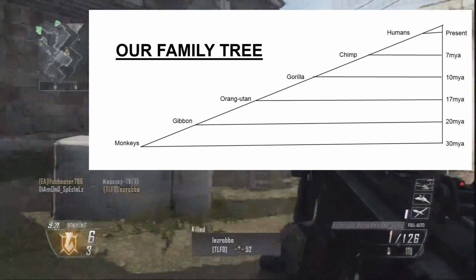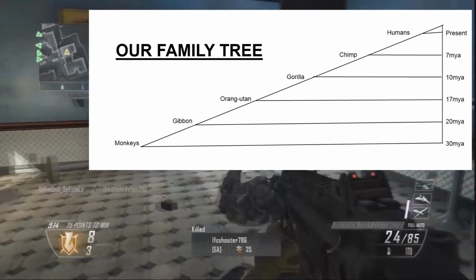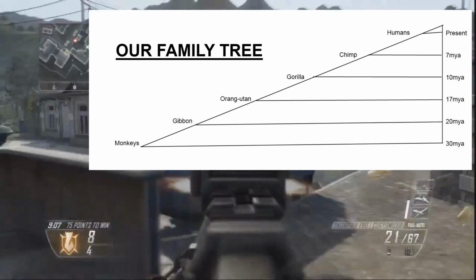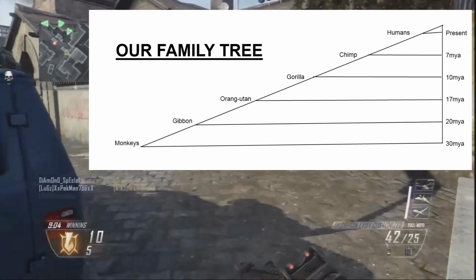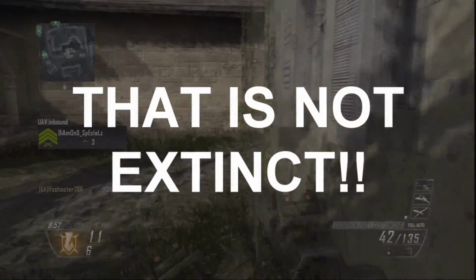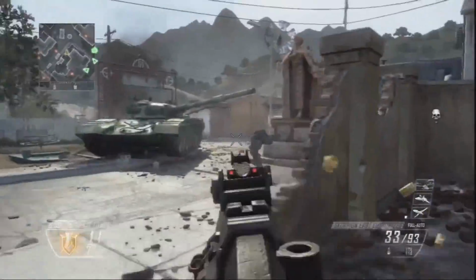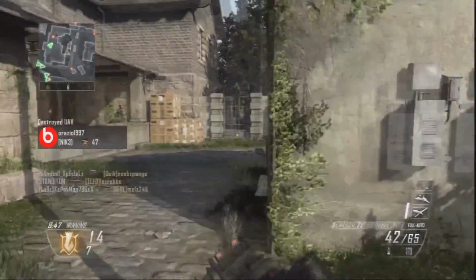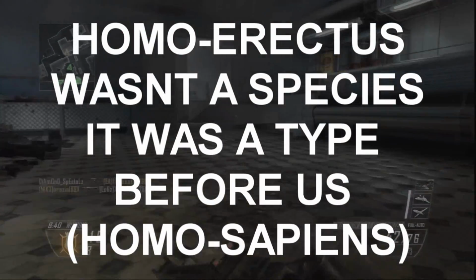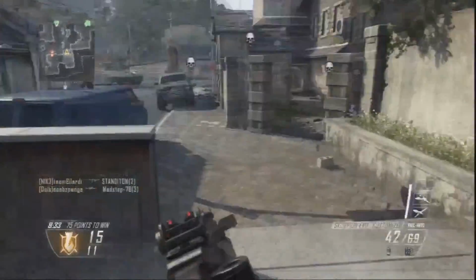30 million years ago there was a split between the monkeys and what is now us. Then 20 million years ago, there's a split again where the gibbon goes off. 17 million years ago the orangutan goes off. 10 million years, the gorilla. 7 million years, the chimp. And then it's us. So our closest ancestor is the chimp. And obviously, one or 2 million years ago, there are the other semi-human things, like Homo erectus, which is the funniest name I've heard in all science. But this is relatively significant because